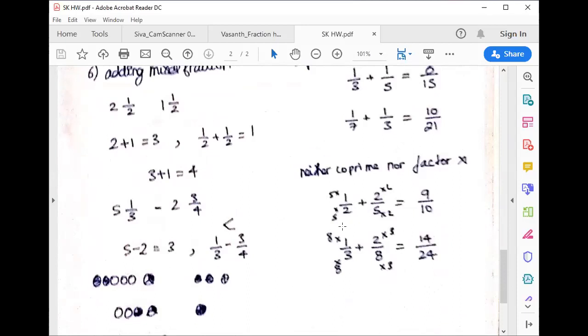So 2 and 5. What is the common factor between 2 and 5? Oh, I messed up. Yeah. So same thing, 3 and 8. Okay. See, these are things where many people thought that there shouldn't be a common factor. See, it said neither co-prime, that means it has to have a common factor. Okay, I misunderstood. Yeah. See, the last level is very, you know, if you have a proper LCM, that optimizes. Okay. So,